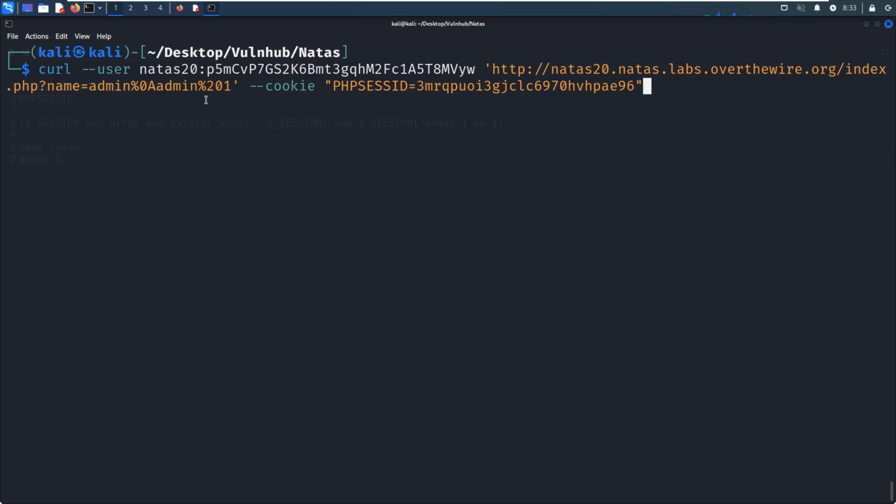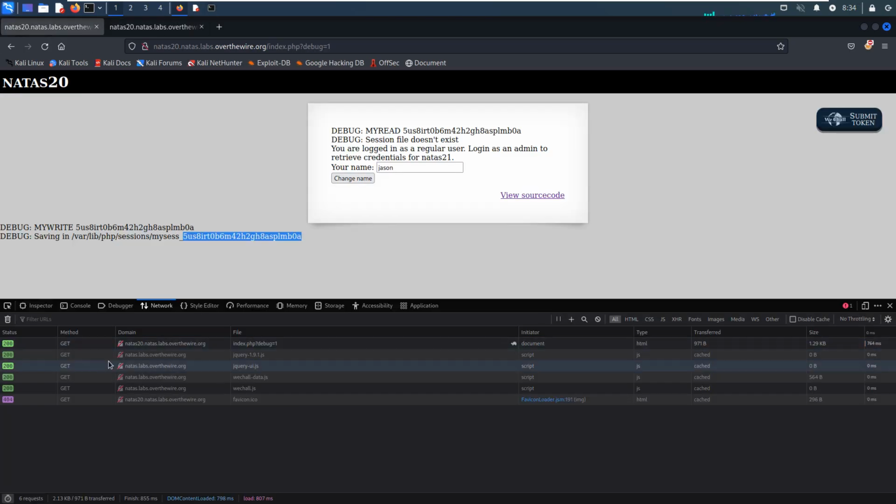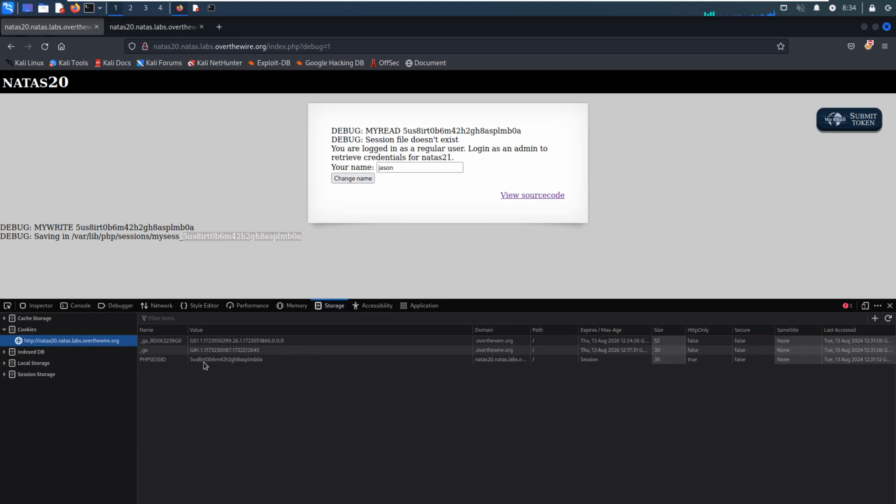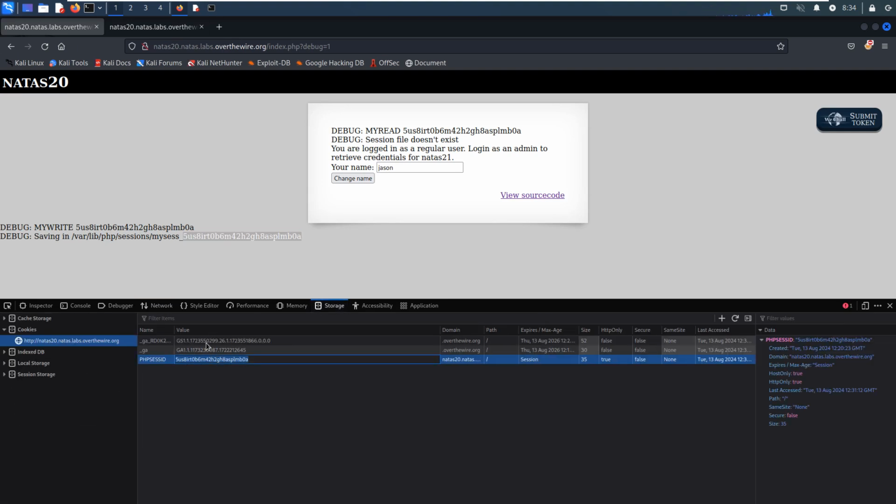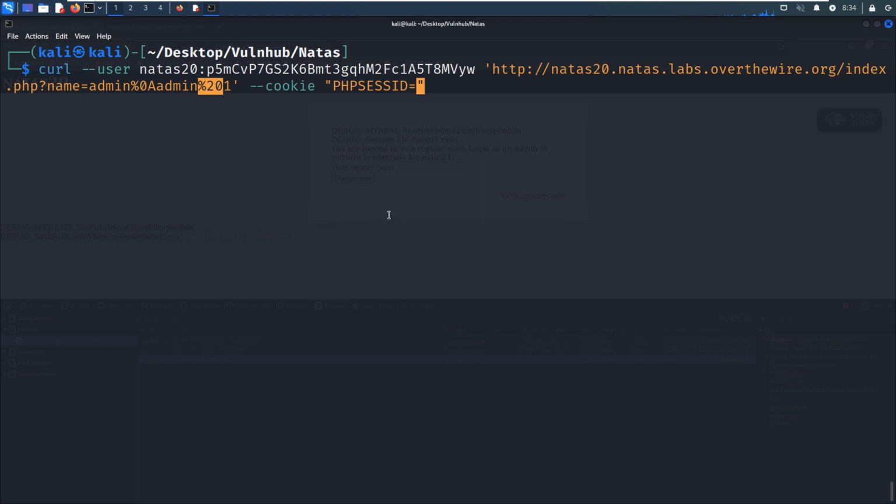Otherwise, we need to use the data option, and we need to do URL encoding, and also this represents the line separator or new line, and this should be the space. Of course, the cookie, we need to get it from the browser. And we can copy it, and we can paste it in here.